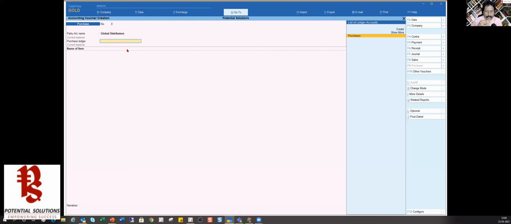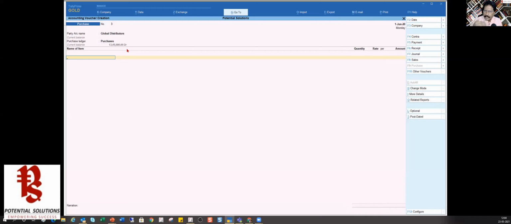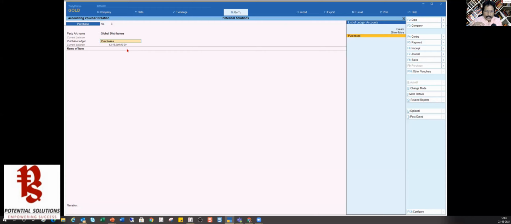First, by default the common purchase ledger is there. So in the example that I gave you, if it meets your requirement, then you don't have to worry. Just select the purchase ledger and then type the name of the item. Now, sometimes you will not get this common purchase ledger the way you are seeing here. If you have only one purchase ledger and you want all the items to go into that one single purchase ledger,